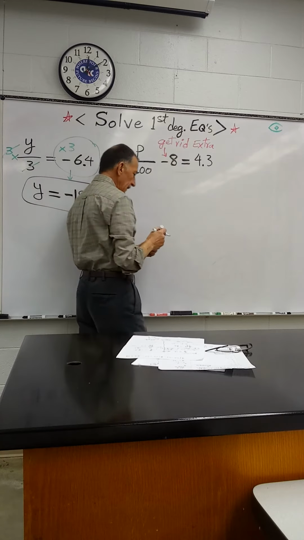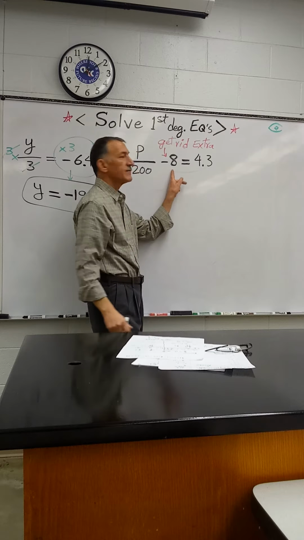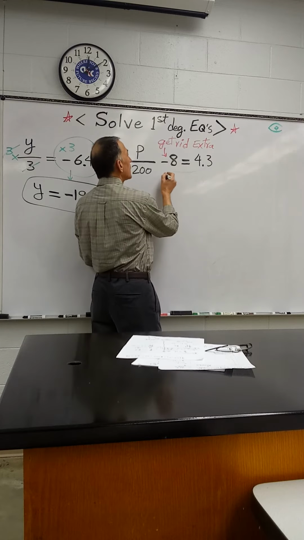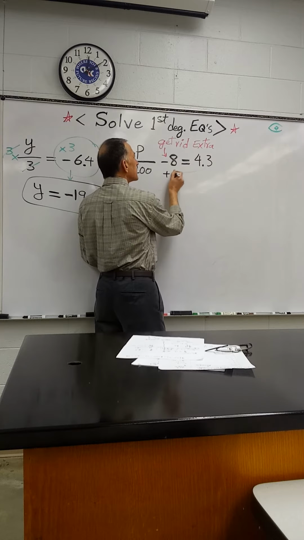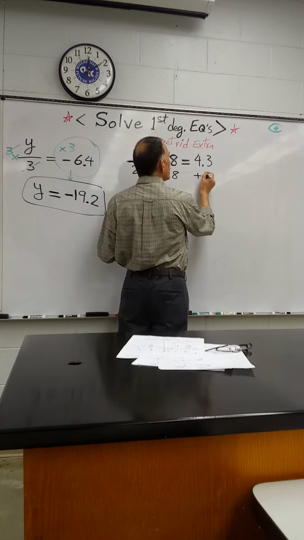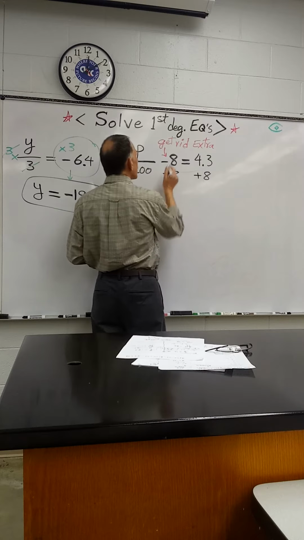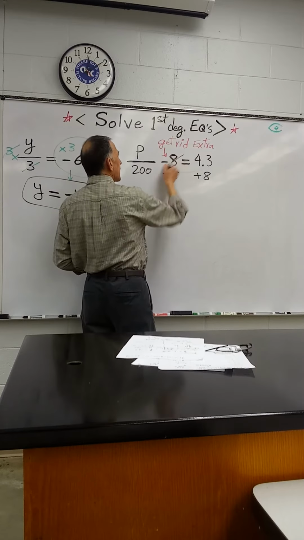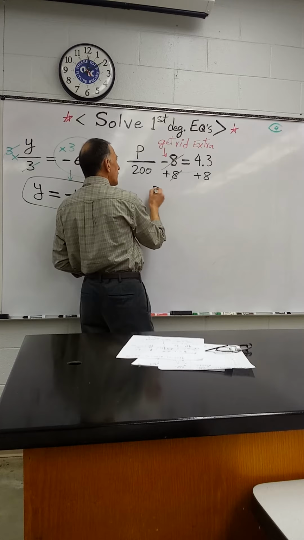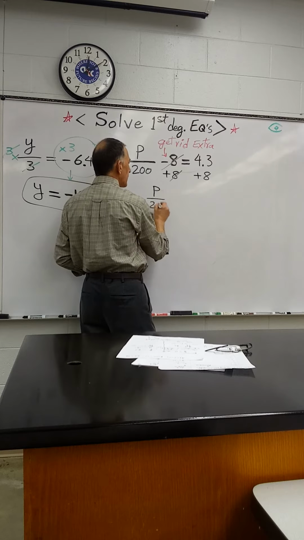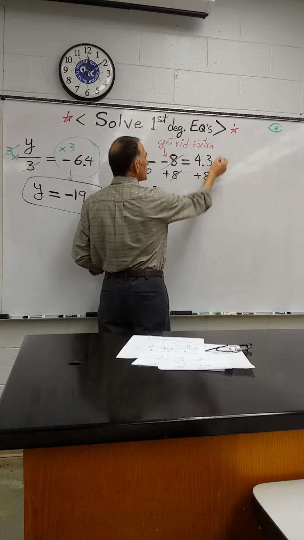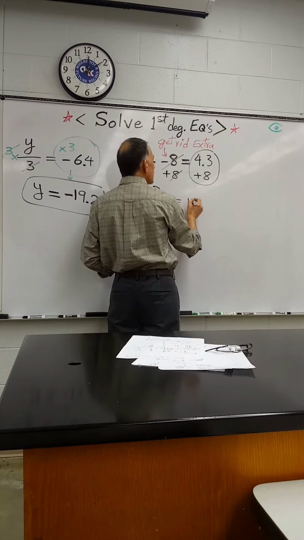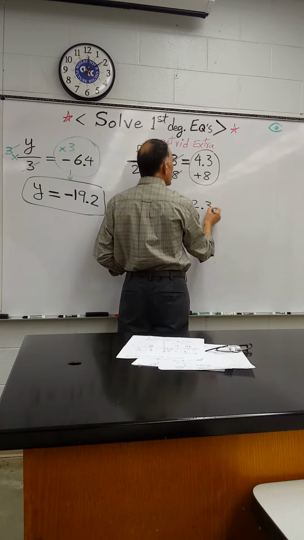Right here. And you see the sign is negative 8, so we add to both sides. We add the same number, plus 8, and therefore now these two cancel. Now I have P over 200 equal to, then do the math on this side, is 12.3, and therefore you have